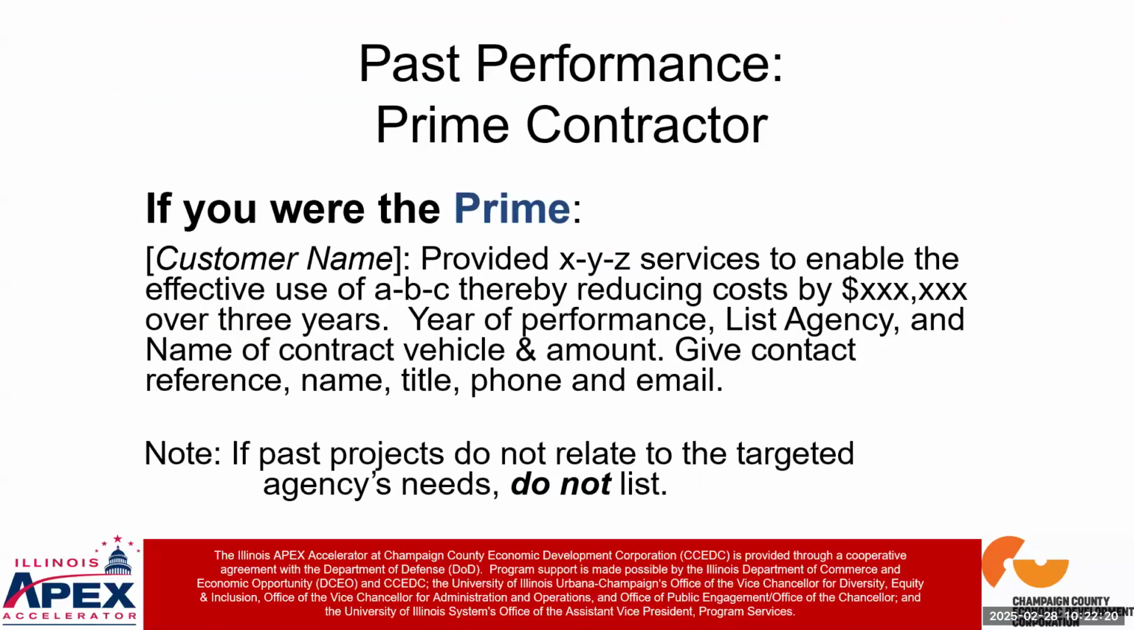Okay, so just a couple of quick examples of what you might say in the capability statement under past performance. If you were directly the prime, okay: provided XYZ services to enable the effective use of ABC, thereby reducing costs by, again, an example, $100,000 over 3 years. Put in the year of performance, the agency you did that for, the name of the contract vehicle, if there were one. Did you get it off of a release, a task order,